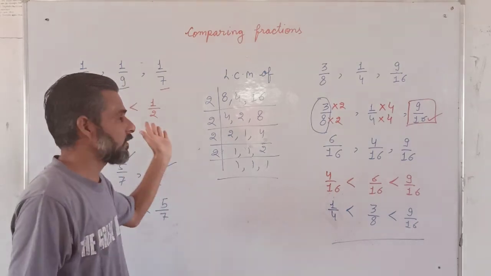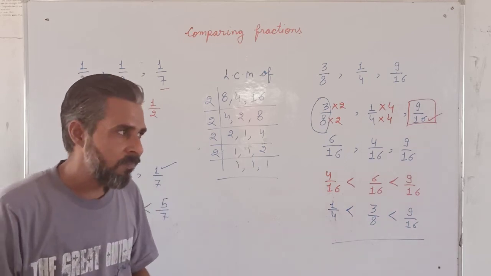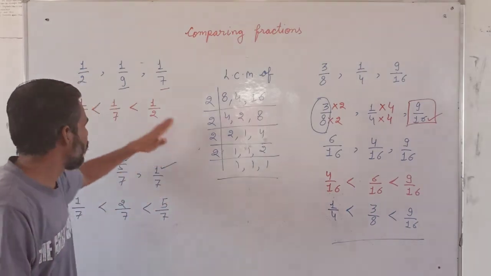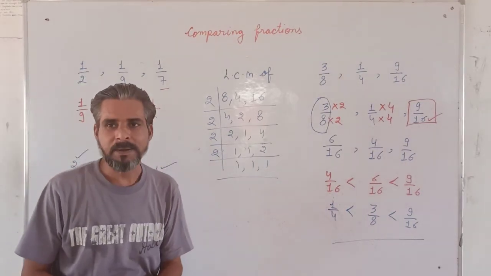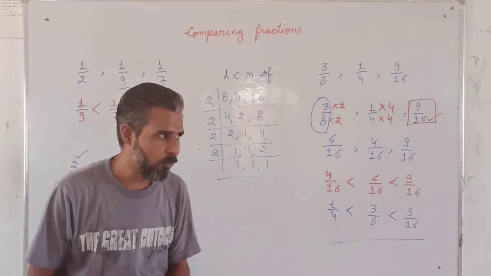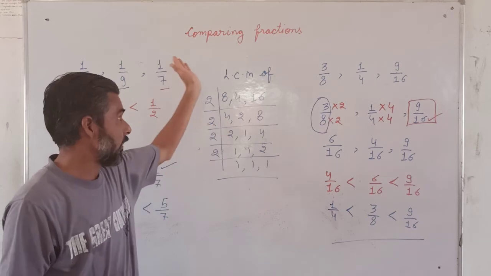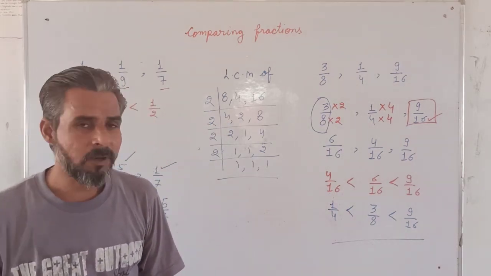If two fractions are given, then we can compare them by cross multiplying. And if we are supposed to arrange in ascending order and descending order, we are supposed to follow this method. So I think you will practice that again and again. Tomorrow I will provide you the worksheet related to comparing fractions. Afterwards we will assess whether you understood the topic or not.